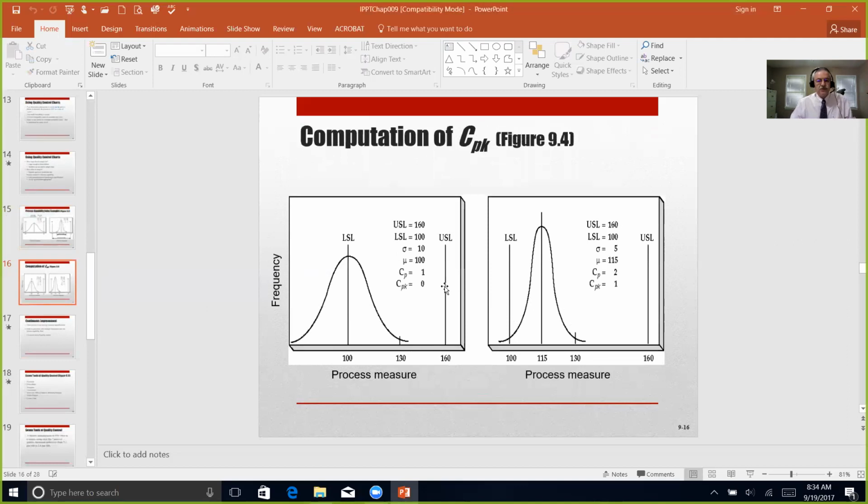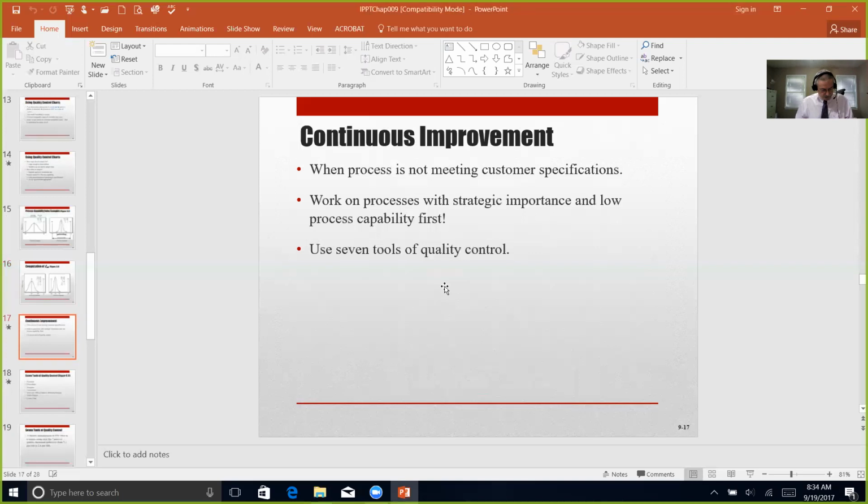So again, on page 200. So continuous improvement. When a process is not able to meet customer specification, then continuous improvement initiatives have got to be looked at, because in some cases, not all processes can be improved enough to significantly change the process. But it is something that every organization has got to be looking at to ensure that they're striving to meet the ever-changing needs and demands of the customers, making sure that their specifications are built into the quality of product for